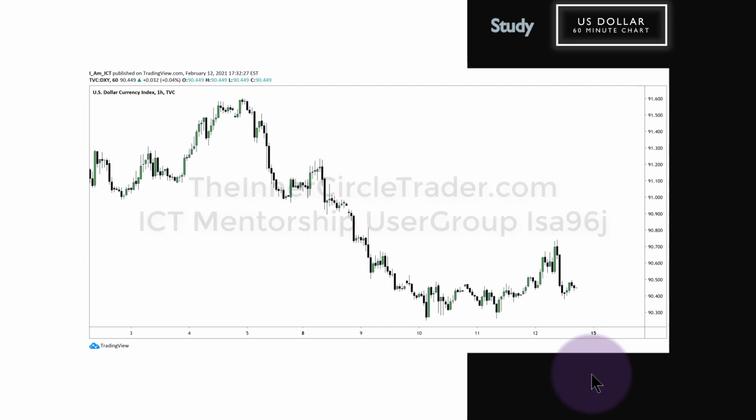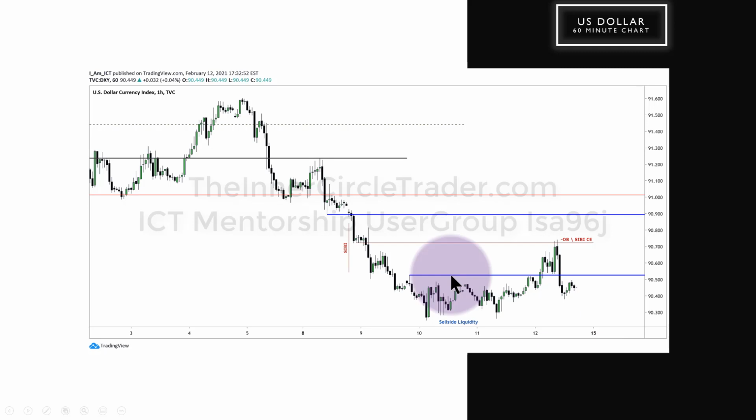60-minute dollar index. All right, here's that sell side imbalance, buy side inefficiency on the daily chart. And we had price consolidate going into Thursday's trading. We have a sell side liquidity pool resting below these relative equal lows. We traded up into the bearish order block, which is right here, and the sell side imbalance, buy side inefficiency, consequent encroachment, defined by the level here and here. So it went up about halfway, which is consequent encroachment, and nice reaction there.